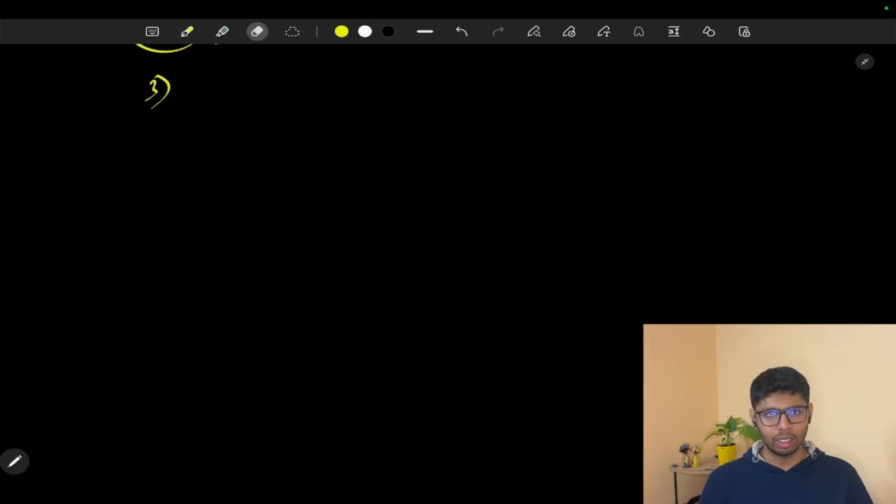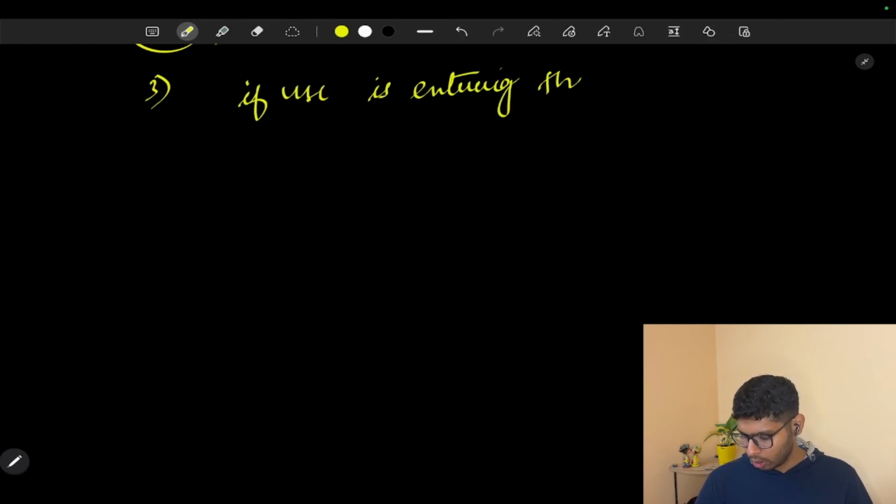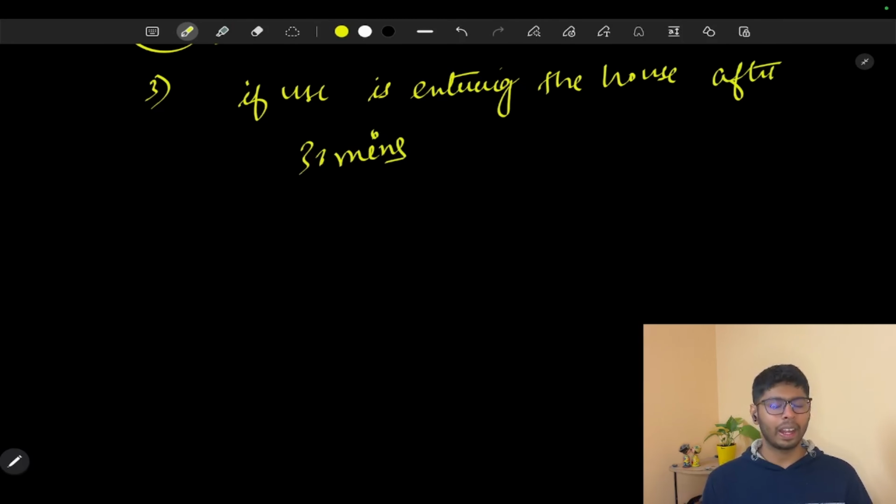Let's take the third example. Let's take a real world example. What happens if a user is going to enter the house after 30 minutes? The user informs it on the mobile application that they are going to be in the house after 30 minutes. And we are using smart appliances in our house. We have the smart AC, the smart geyser, the smart light modes and everything. So what we can do is, whenever the user presses the button that they are going to be home in 30 minutes,